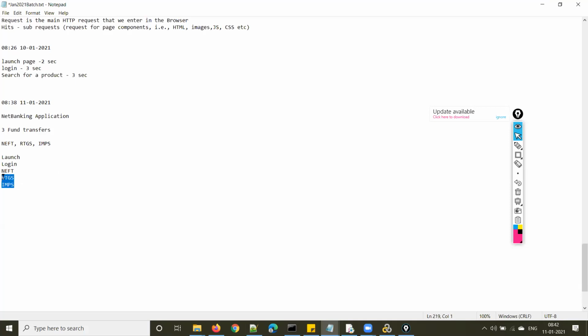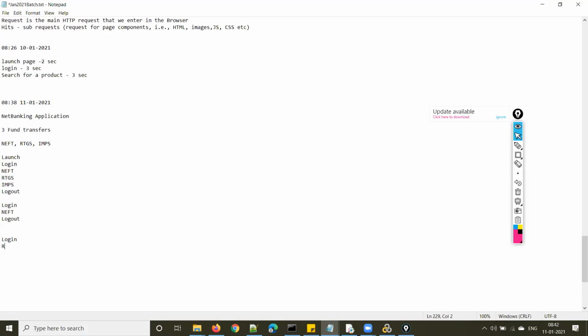But you log in once, do all three types of fund transfers, and then log out. You will not log in, do a NEFT, and log out. Anyone will not do it in this way.